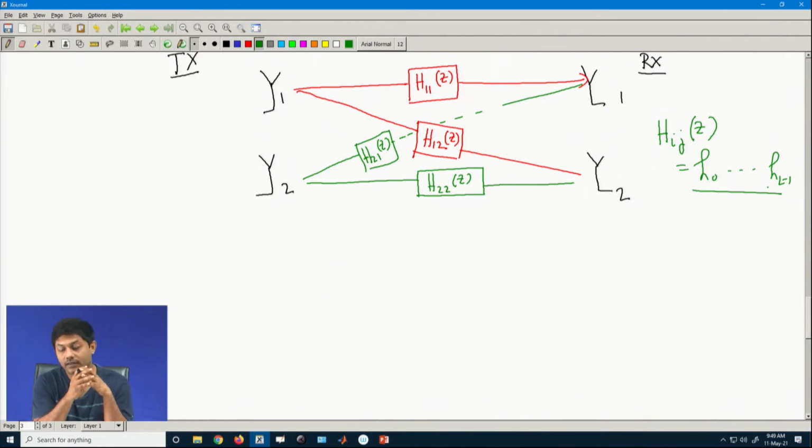Though I have not discussed the channel estimation part really in this context of WaveDM, if time permits, probably at the end when we go for the parameter estimation in the context of beamforming, I will definitely touch upon how exactly channel estimation for the WaveDM system is done. There you will see that I really do not care about H0, HL1. What matters is the eigenvalues, because at the end of the day it is the eigenvalues that give me everything, right. It really does not matter what exactly the length of this channel is; what matters is the eigenvalues.